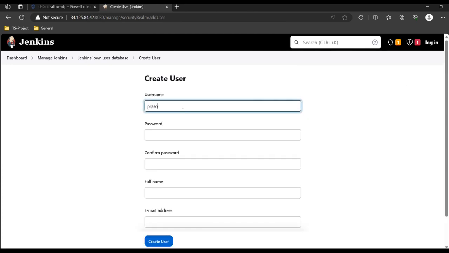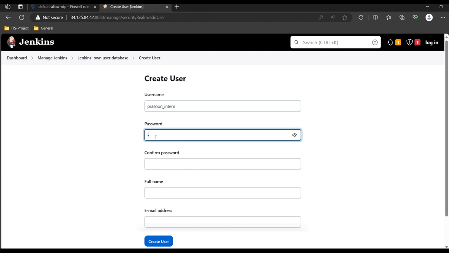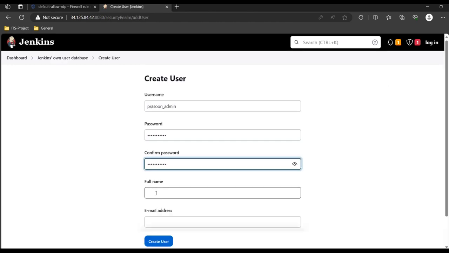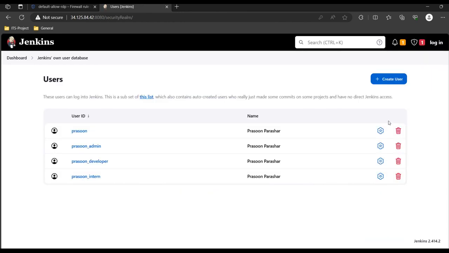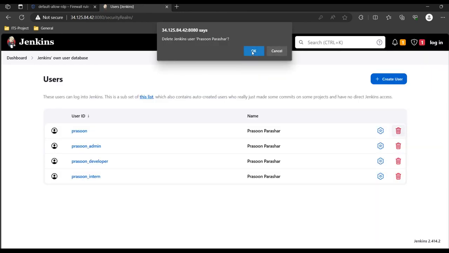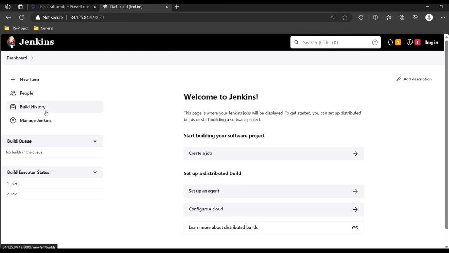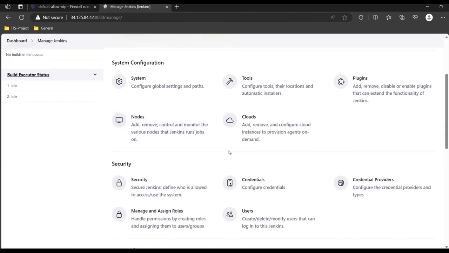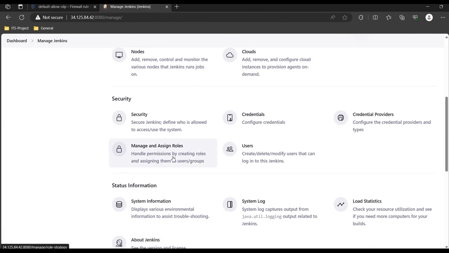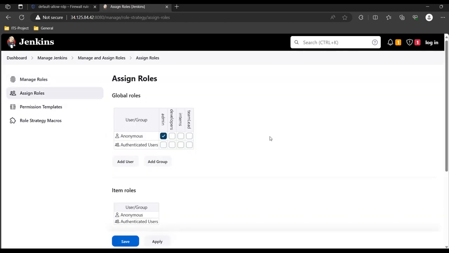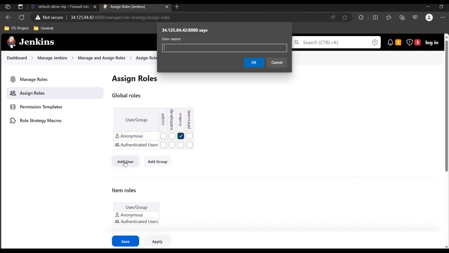Here we will create some dummy users and assign roles to them, like Prasoon intern, Prasoon developer, and Prasoon admin. Now give roles to all three of them. Go to manage and assign roles. Click assign roles, add user, give username,